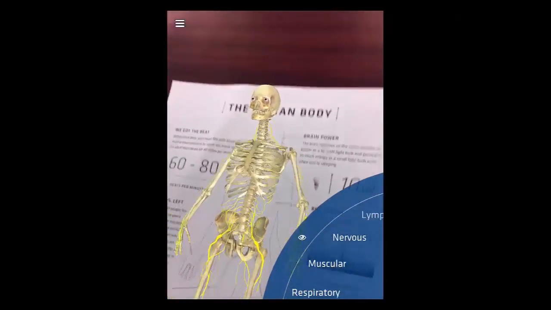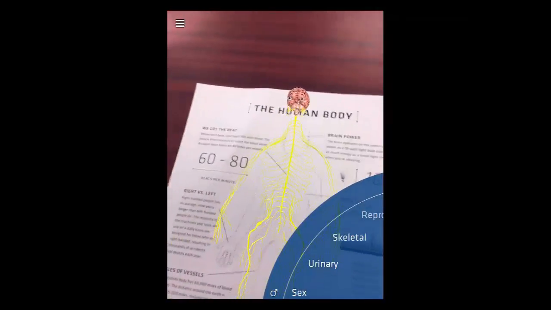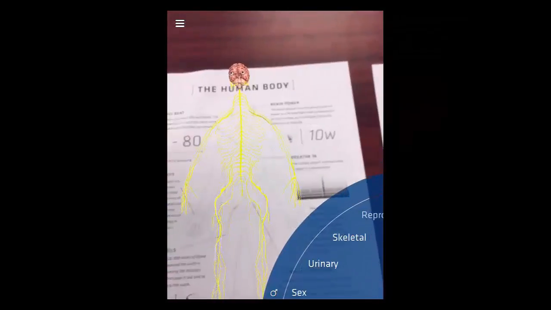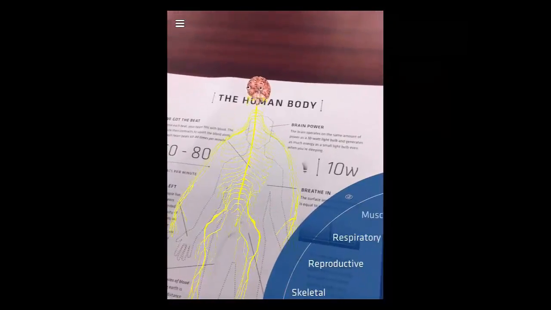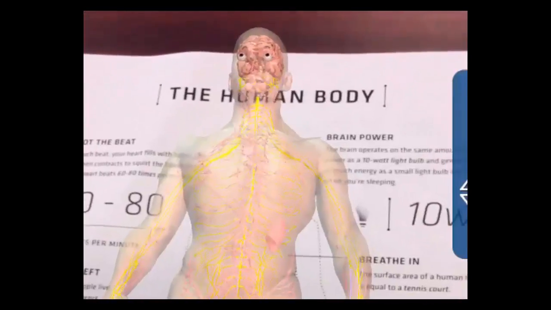The kids are going to like that. Especially if I get rid of the skeletal here. Watch this. Oh, the brain with the eyes. Okay. That's a cool image for the kids. They can see that. But it helps them as you can go bit by bit through the body and talk about the different systems and what they look like.